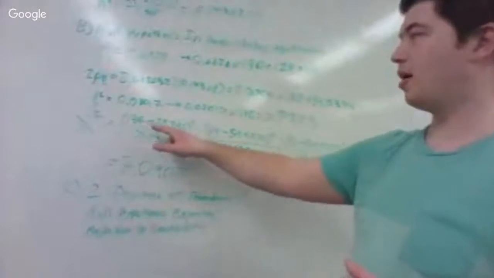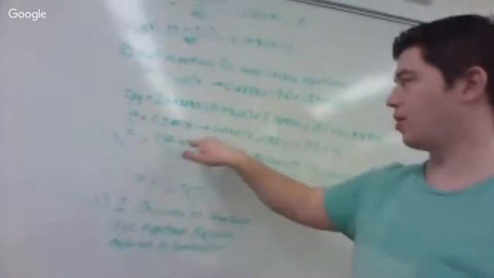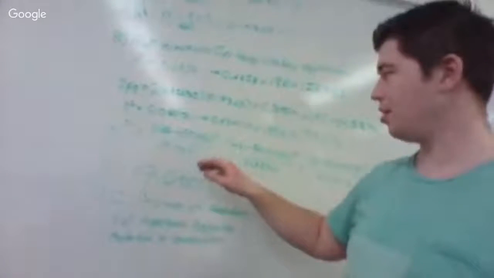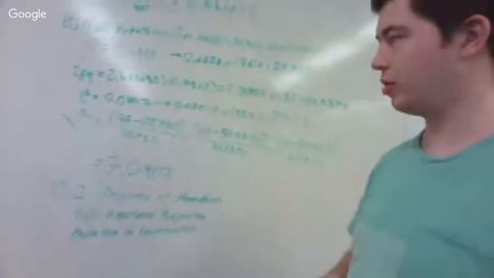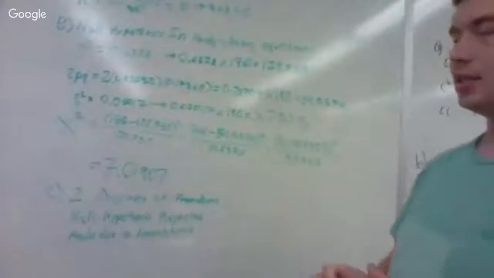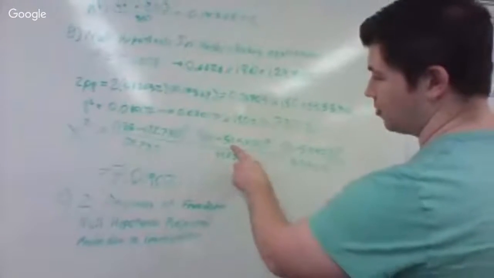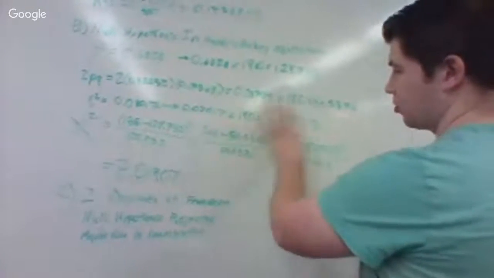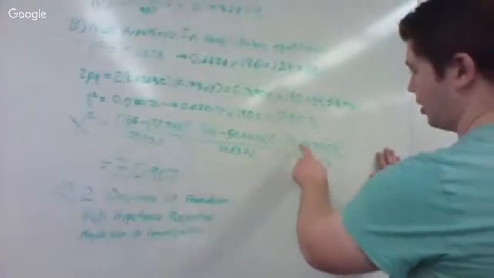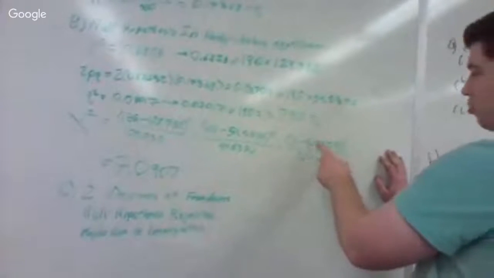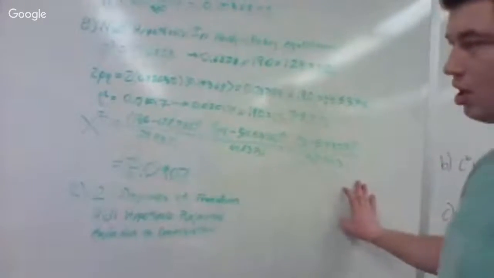So you take 135 minus 129.732 from up here, square the numerator, and divide it by 129.732 again. Since you're summing everything, you add the heterozygous one. So you have 44 minus 54.5376, square the numerator, divide it by 54.5376. Then you add 11 minus 5.7323, square the numerator, divided by 5.7323. And that'll come out to be